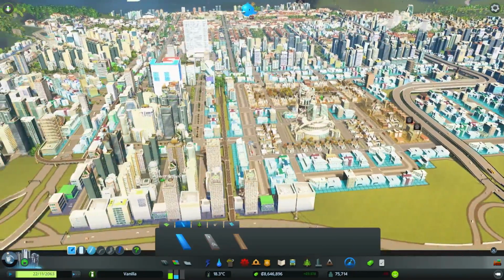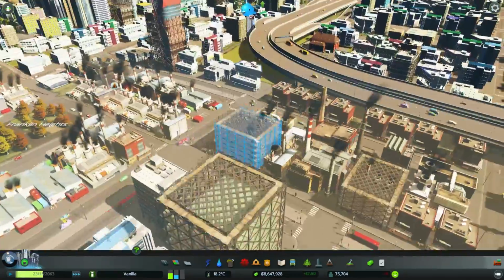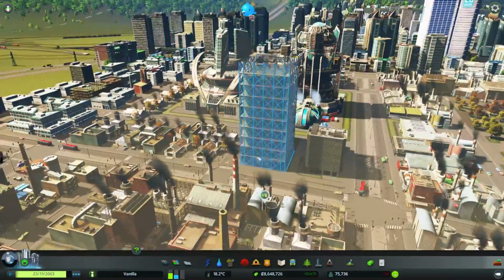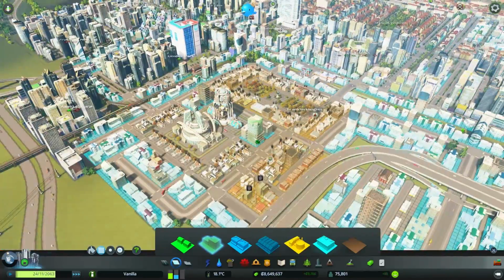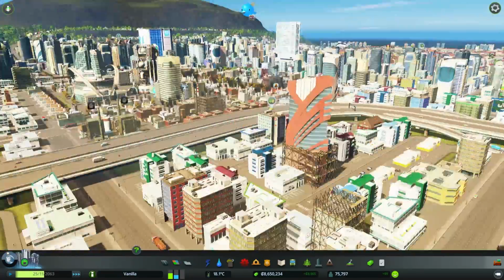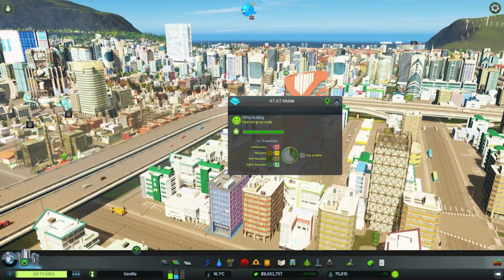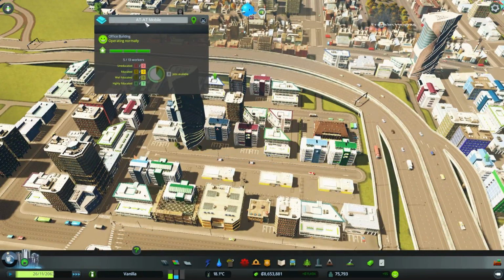Now, we should have a whole bunch of buildings across the entire city that are upgrading. It seems to mostly be industrial buildings, which is fine. What is that? That's an office building. Okay. Oh, no, offices are upgrading as well. I totally didn't realize that the offices would have...